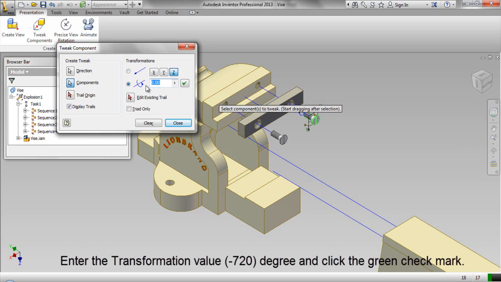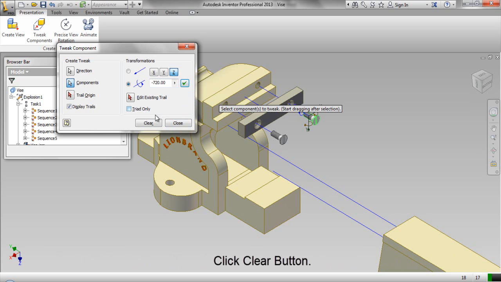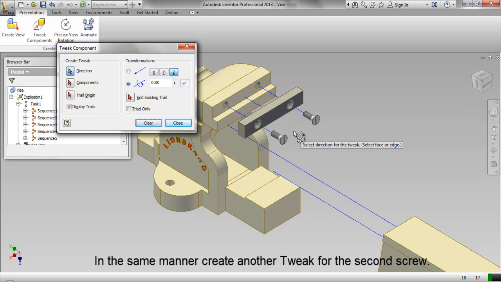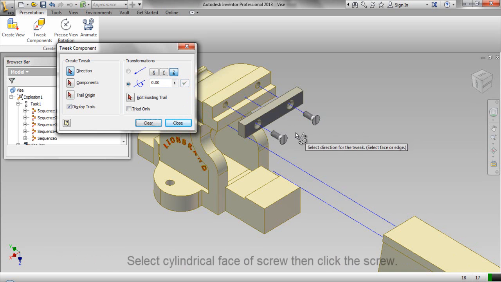Enter the transformation value -720 degree and click the green check mark. Click Clear button. In the same manner, create another tweak for the second screw.